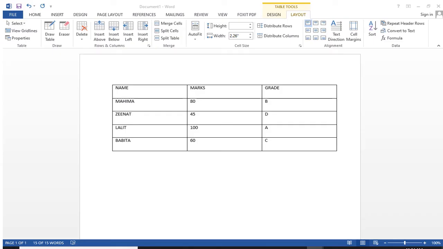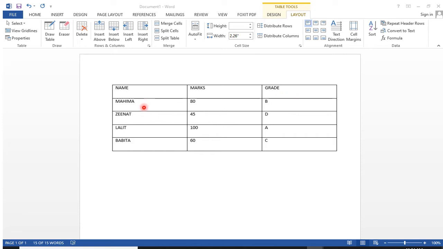Now, this is the image. I have drawn a table. The table is already drawn in Microsoft Word. You can see that I made here 3 columns. First is for the name of the student, second is for the marks of the student, and third one is for the grade.